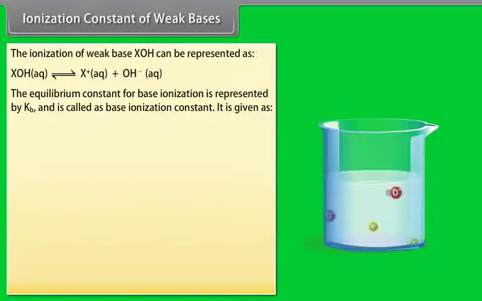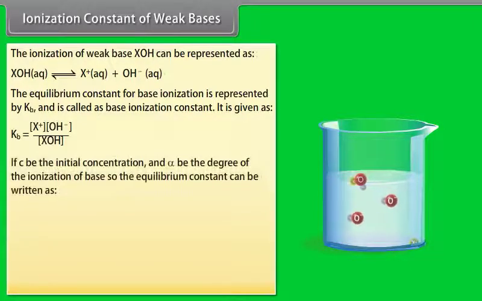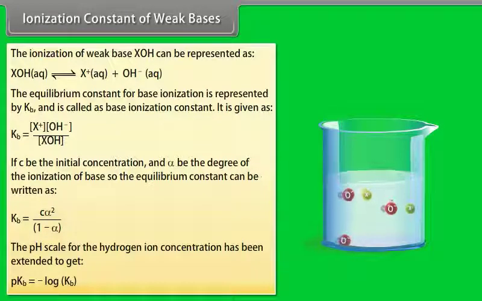It is given as follows: if C is the initial concentration and alpha is the degree of ionization of the base, then the equilibrium constant can be written as Kb is equal to C alpha square by 1 minus alpha. The pH scale for the hydrogen ion concentration has been extended to get